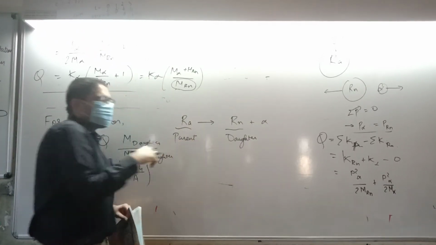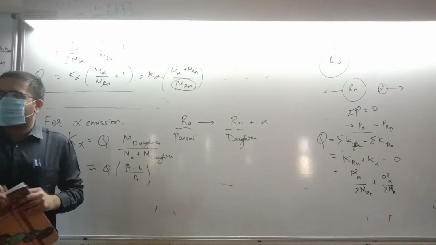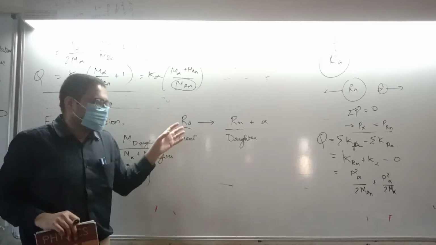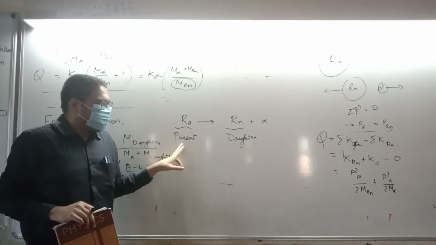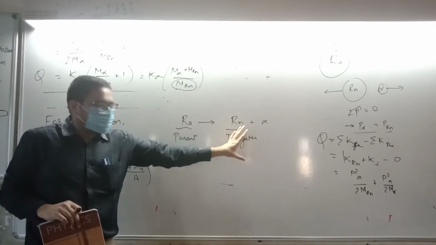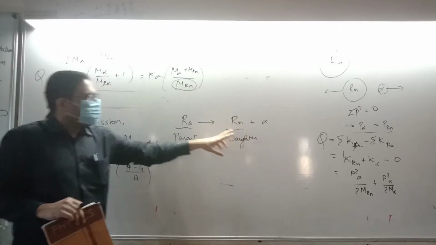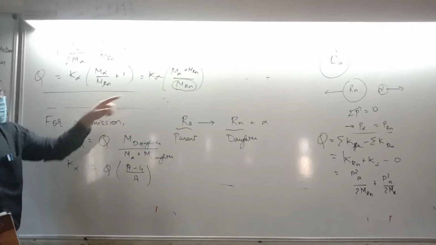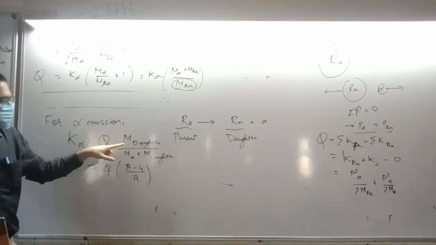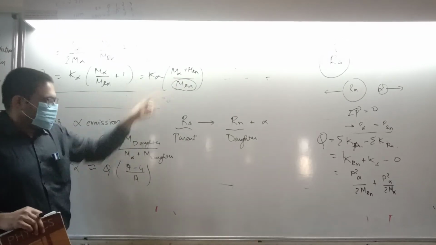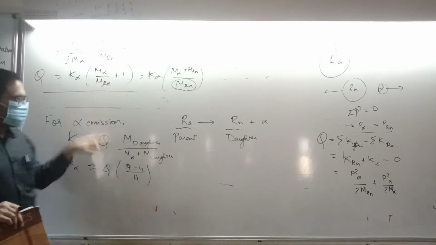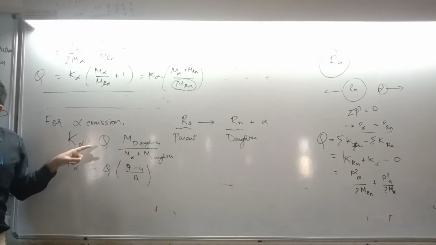The name is not given in your book, but this is a valid terminology. Maybe it is given somewhere, but I haven't given a full line inside. So this is called parent, from which this comes out. So it's called daughter nucleus, plus alpha. So what is Rn? Mass of this will be mass of daughter. Understood? The alpha is alpha, of course, and plus again mass of daughter. You get this formula. Understood?